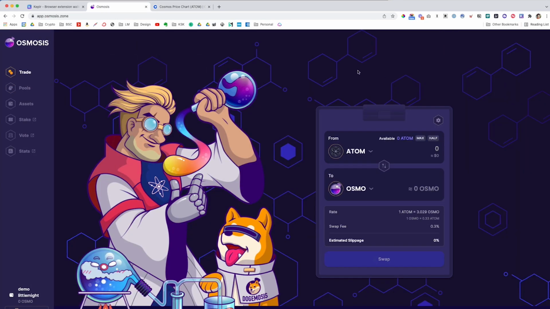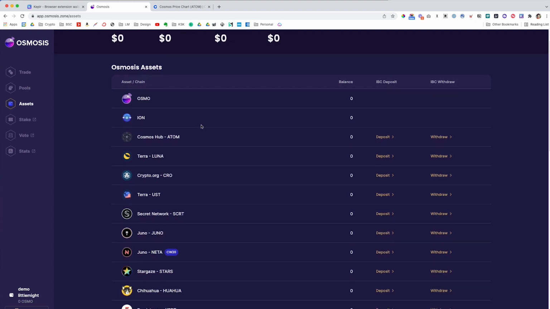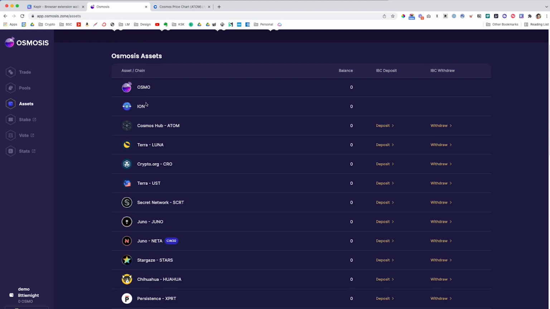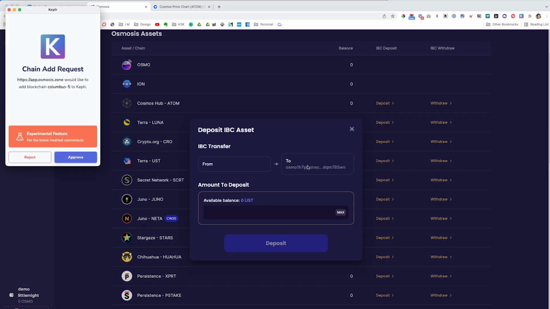Okay, so Osmosis is essentially another blockchain within the Cosmos ecosystem. If we think of Cosmos as the layer 0, everything else is built on top of it. To be able to transfer assets between blockchains, you have to actually deposit them. You can see here that they have all these different chains. They have Terra network, they have the Cosmos, Secret, Terra. So I could send my Terra from my Anchor protocol, take it out and just deposit it into this asset.